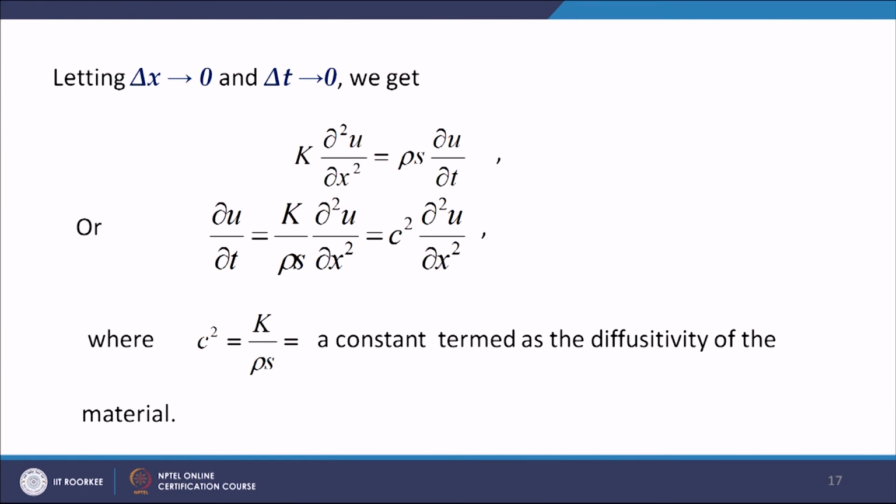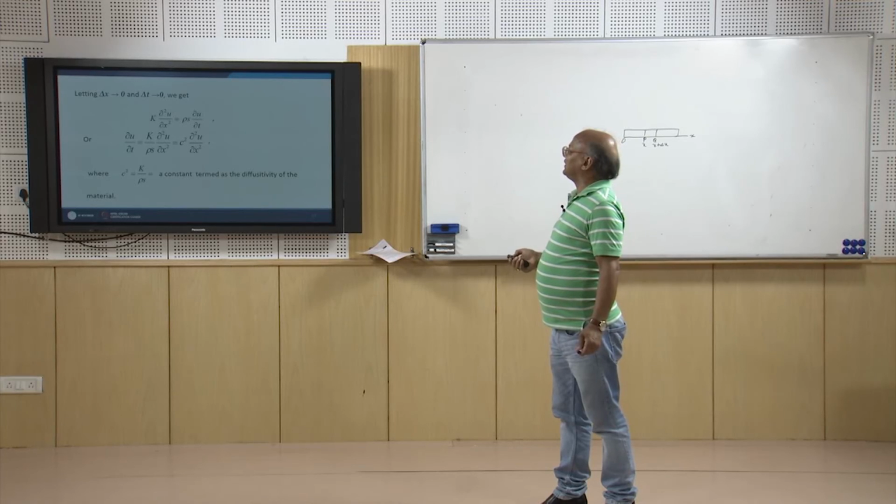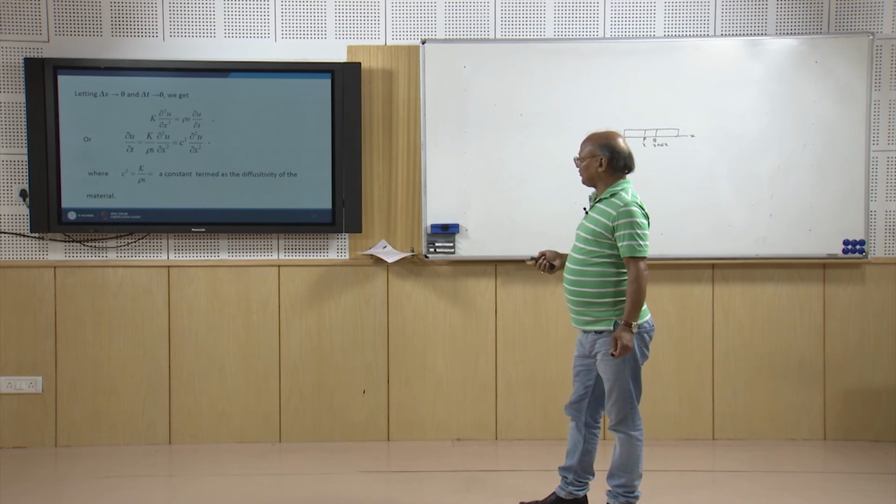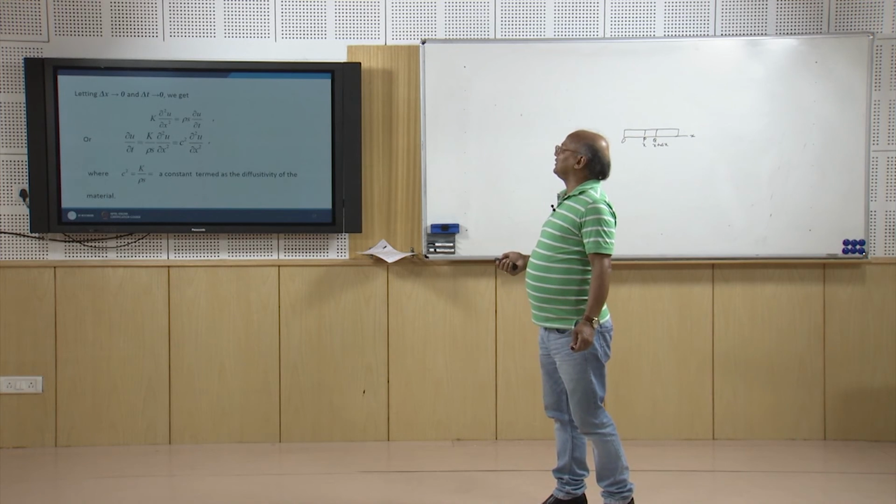Since K, rho and S are constants, we can denote K by rho S by C square. So, C square delta square U by delta x square. This C square is a constant and it is termed as the diffusivity of the material. So, this is how we have the differential equation of second order in the physical problem, that is the heat conduction, the flow of heat in a bar